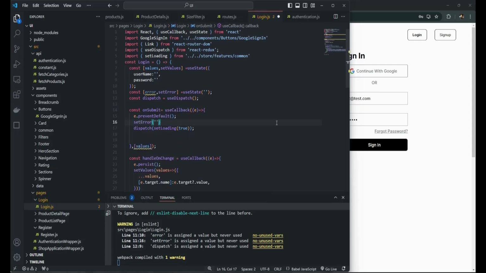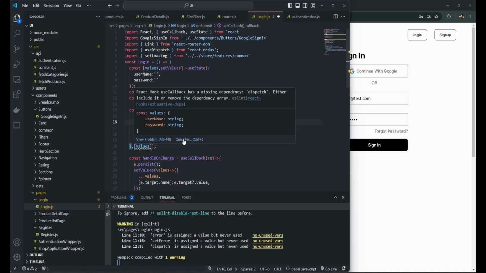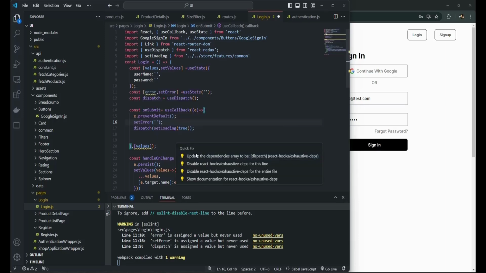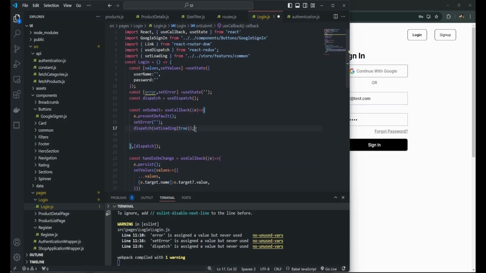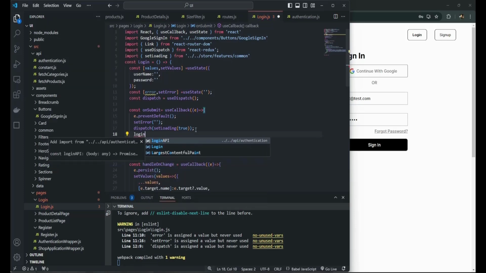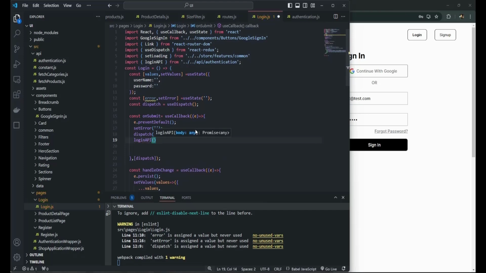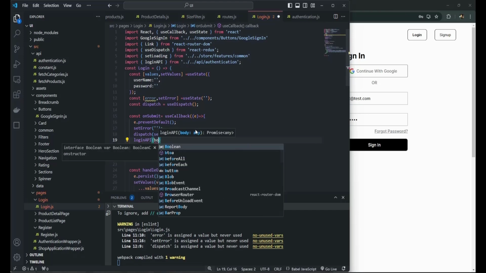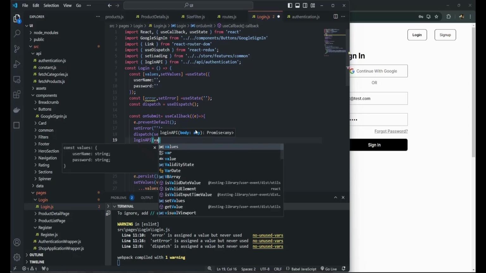Set error, because if there is an error and user will try again sign in, then it will initialize the error. So it will again make the error empty. So we hide the error on screen. Here we go loginAPI body is values,